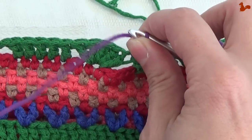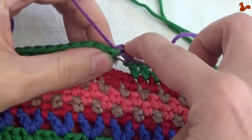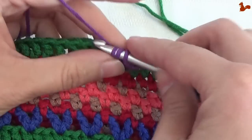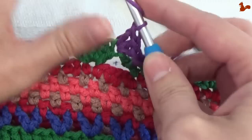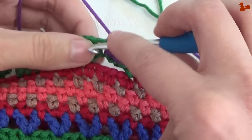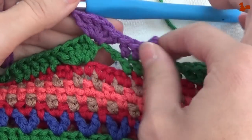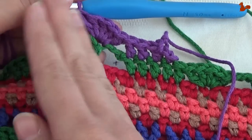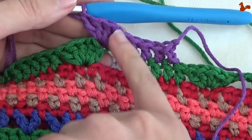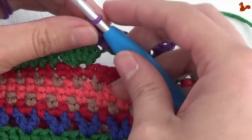Get a bit more yarn here. There we go. It's 1, 2, 3, 4, and this is number 5. So you can see how your cluster is now offset, so it's a little bit skew, and hence the word tipsy for these clusters. So made this cluster of 5 double crochets in that first stitch, chain 2,